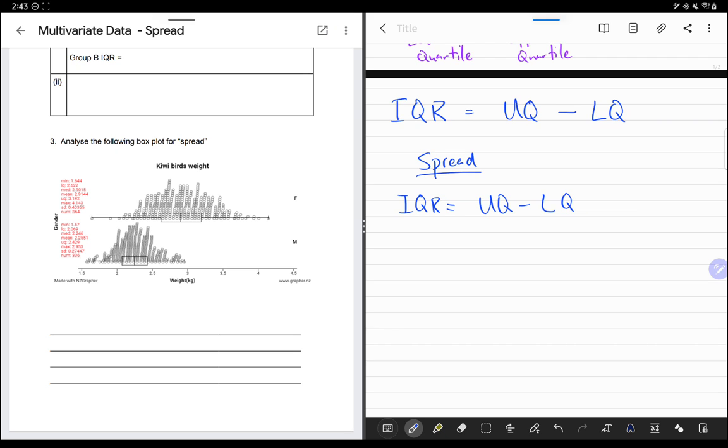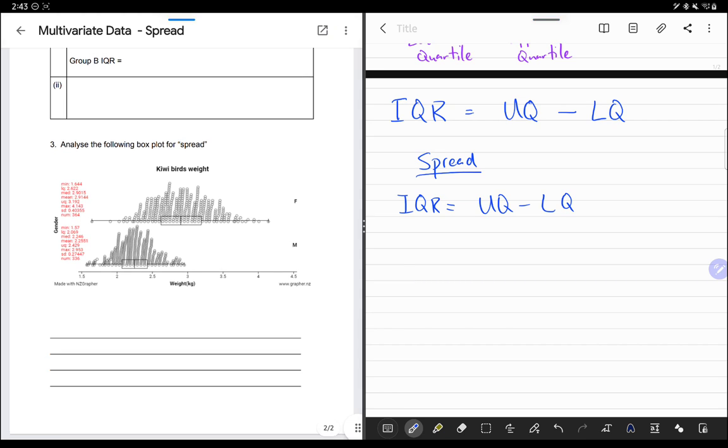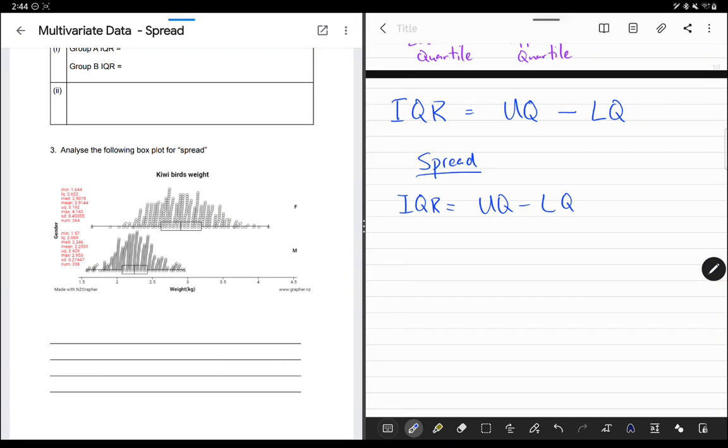Now, if you got your graph drawn right on NZGrapher, that red writing on the left should be there just like this. And those numbers there should be all the numbers you need to figure this stuff out. So it goes a little something like this. Now, I know that first one is F, the female kiwi birds. Let's look on those numbers, and we want UQ and we want LQ. So we can find it there. We can see that UQ is